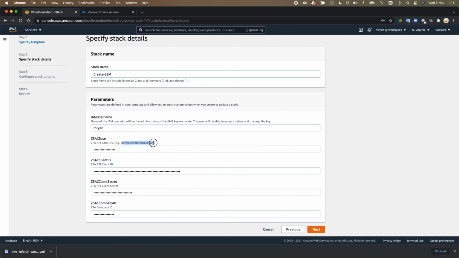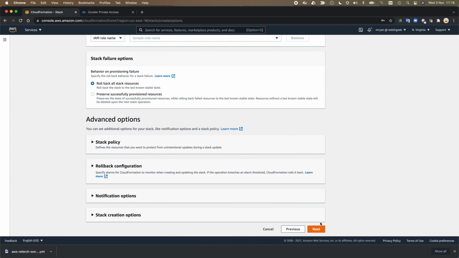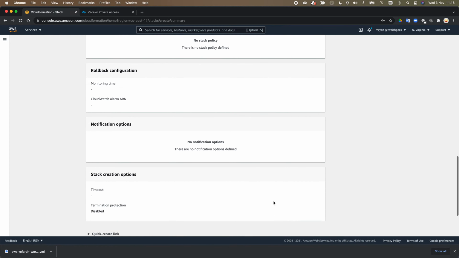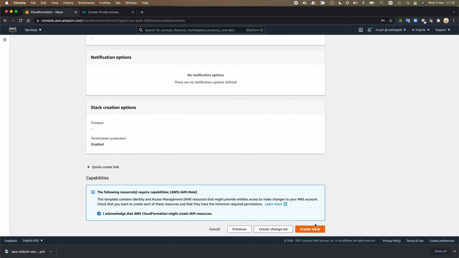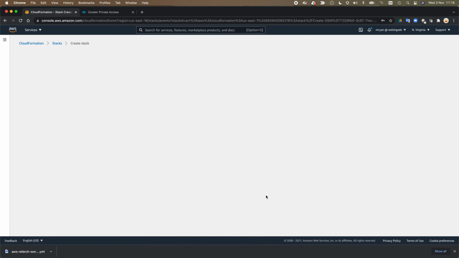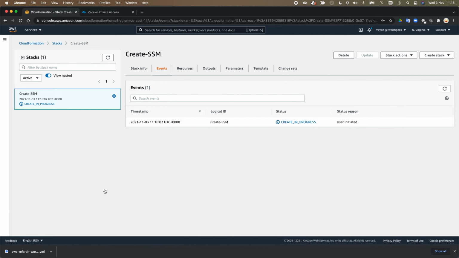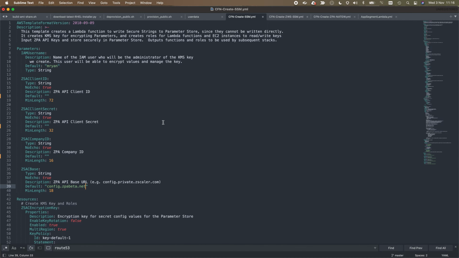So this could be config.private.zscaler.com. In my example, I'm using the beta cloud, so this is config.zpabeta.net. And then the API keys: the client ID, the client secret, and then your company ID. Those four things together enable us to call the API. So we're going to create a parameter store and store those credentials in it. We'll click create stack for that, and whilst that's running,